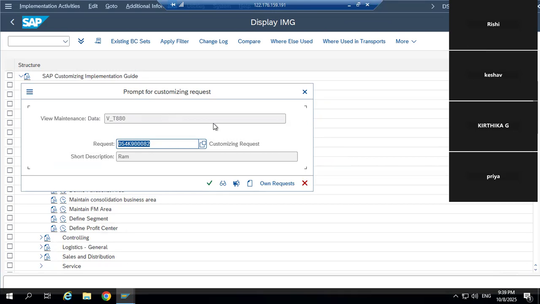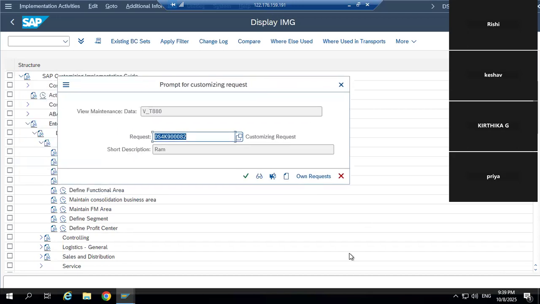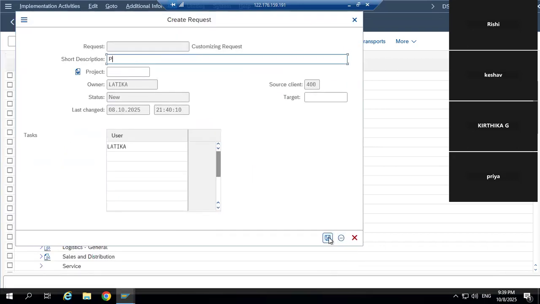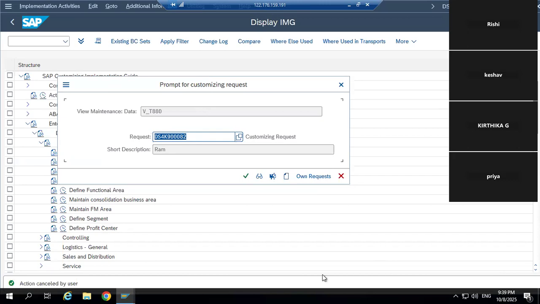Because your server is new, you will create a company for the first time, so you have to generate a request. How? Near the request there is an option create. You have to click on this create button and give any name, any name of your choice, maybe your name as well. Then click on this save button. See this save button. Then click on the green tick and then this green tick. Then it will save with this Ram name. Your name will be saved here, or whichever name you give.